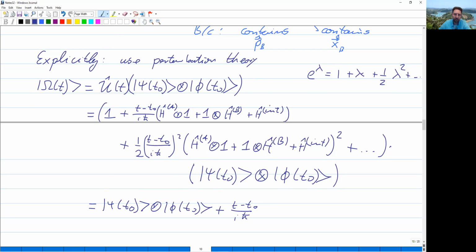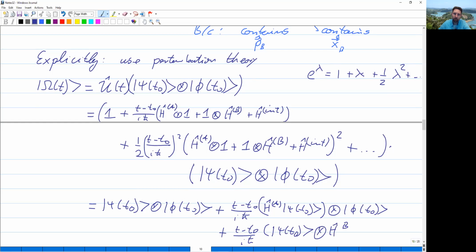So you would have here h hat A acting on psi of t naught tensor phi of t naught. And then you would also have this other thing here. You'd have plus t minus t naught over i h bar, and then you would have psi of t naught tensor h hat B phi of t naught